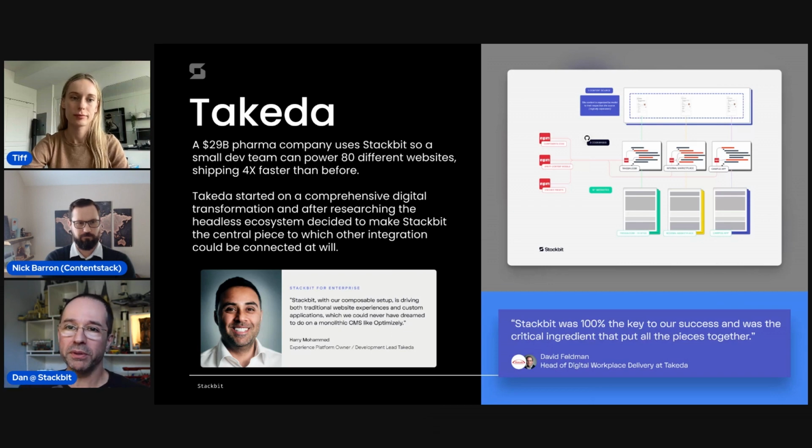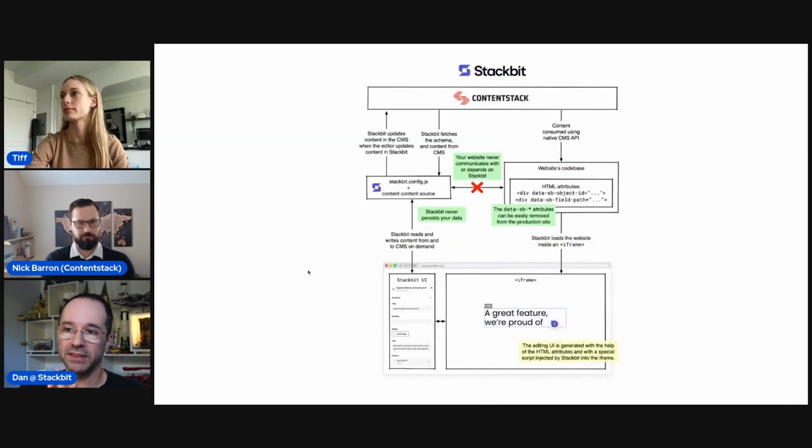So before we go to the demo, I'll have the last slide that highlights the way we integrate with Contentstack. And it's a lot of technical stuff. Don't worry about it. The main thing I want you to take away is that on the right, you see the production site, or your website's code base, and that pulls content from Contentstack to populate and create the pages and then publish them.